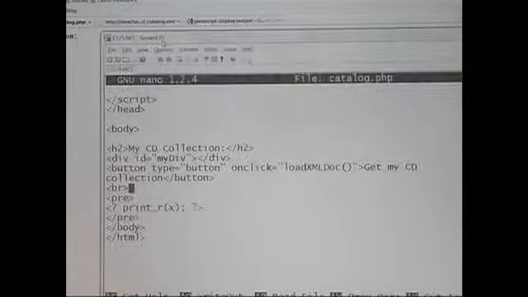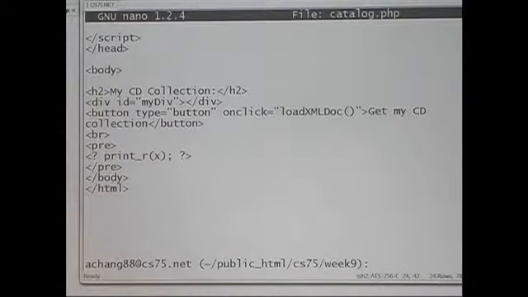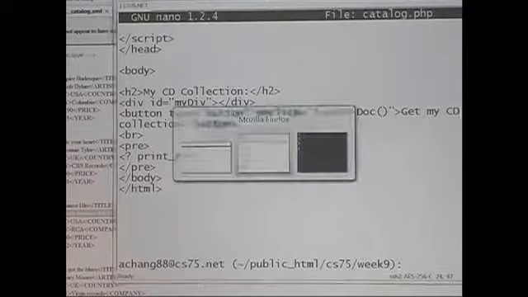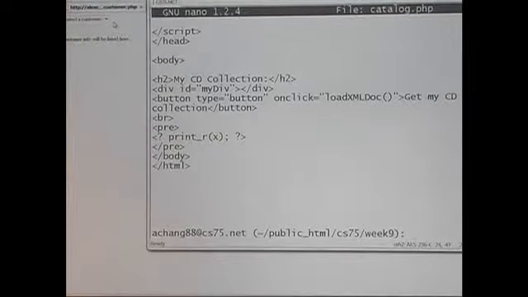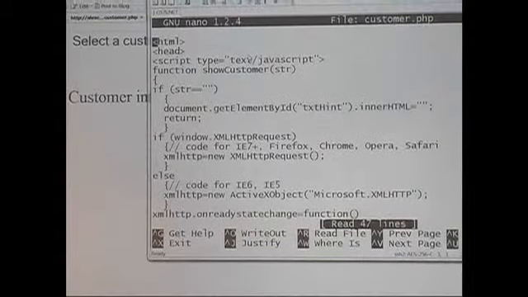So the next example I want to show is, let's see, what's the next example? Customer. It's customer.php. So I have, and